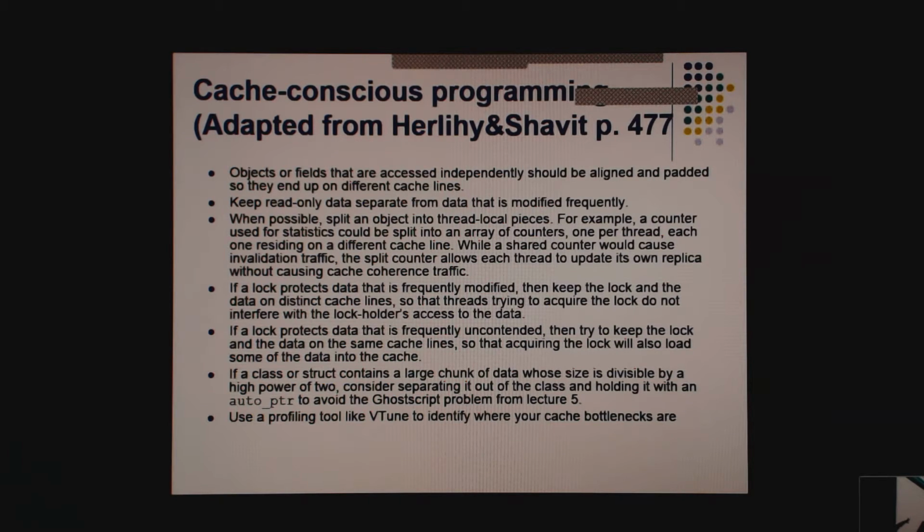Now, if a lock protects data that's frequently modified, then keep the lock and the data on distinct cache lines, so the threads trying to acquire the lock don't interfere with the lock holder's access to the data. And if a lock protects data that's frequently read, keep the lock and the data on the same cache line, so that acquiring the lock will also load the data into memory for you. So now I'm going to come back to your question, which is basically, does that mean